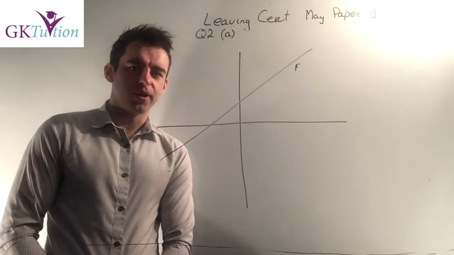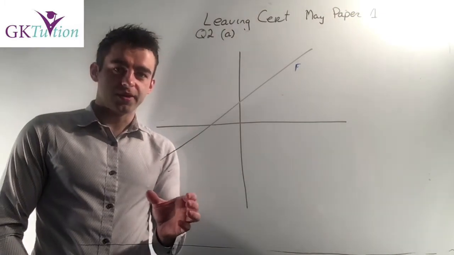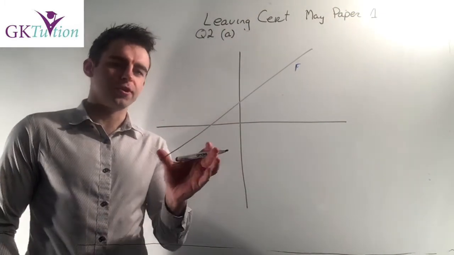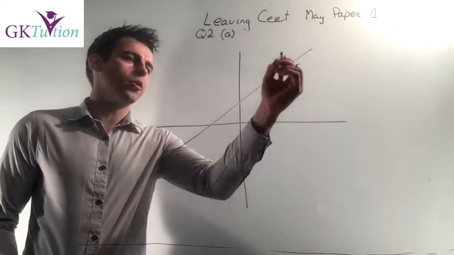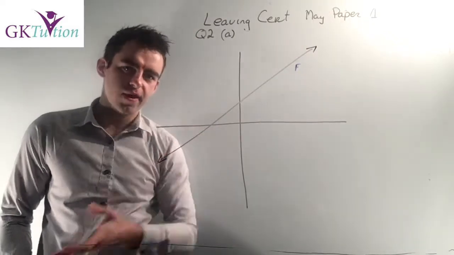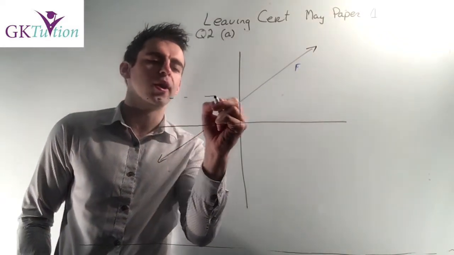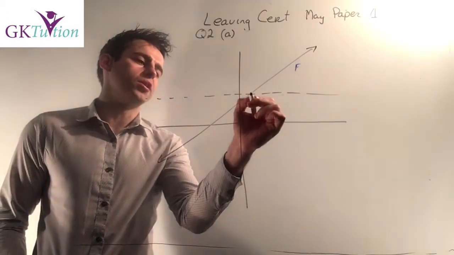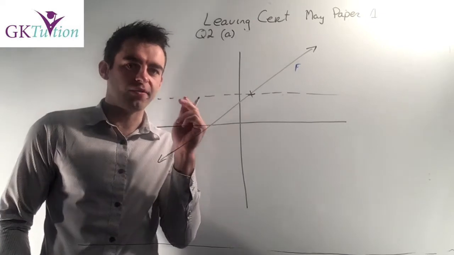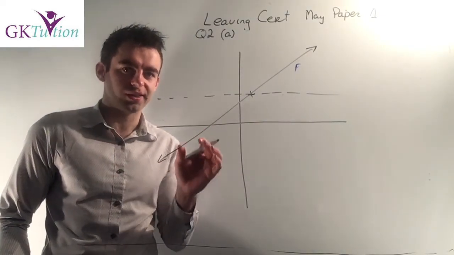Okay, now the first part of question 2, there seems to be a lot of confusion here. There were 15 marks going for getting your diagrams right here. So let's look at just the first function, the function f. Remember, if it's a line, it's implied that it's going on forever in that direction and forever in that direction. I could draw a horizontal line anywhere on this graph and it would intersect the graph at least once, and it would intersect the graph at most once,